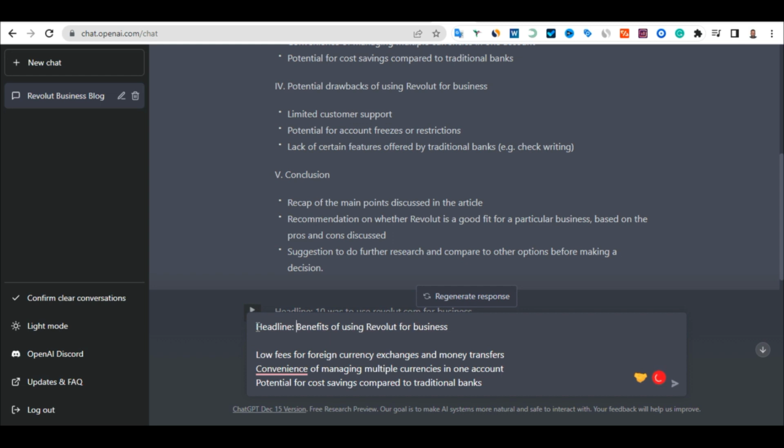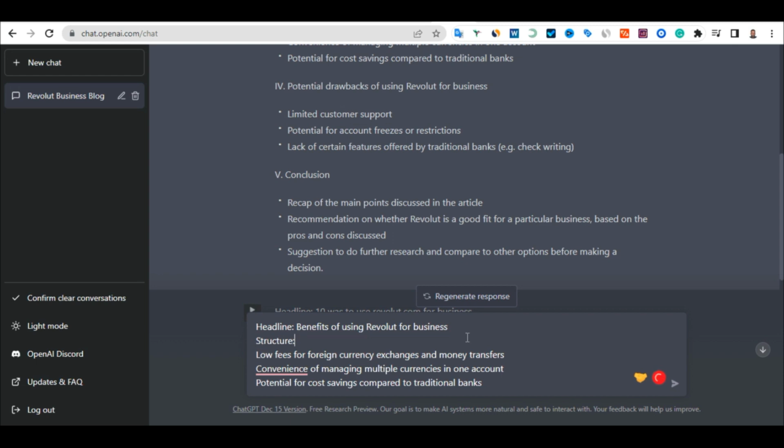So just put headline, and once you put headline, come down under the headline to this section, and here you are going to type in structure. Type in structure like this, and put something like this at the end.